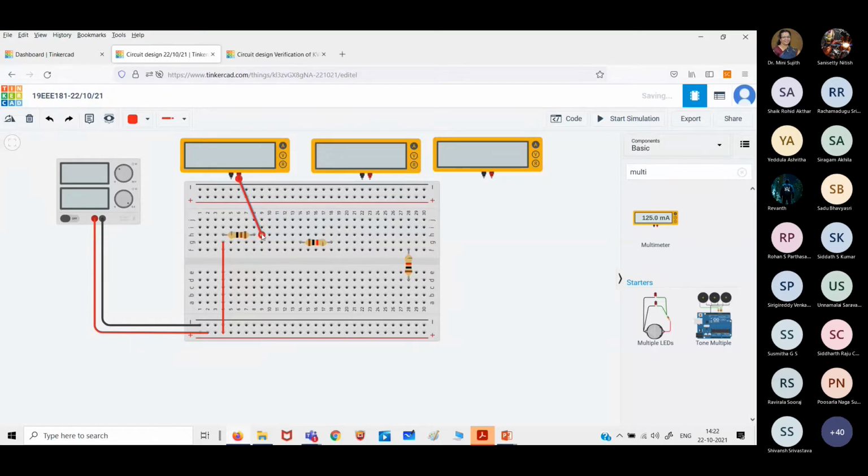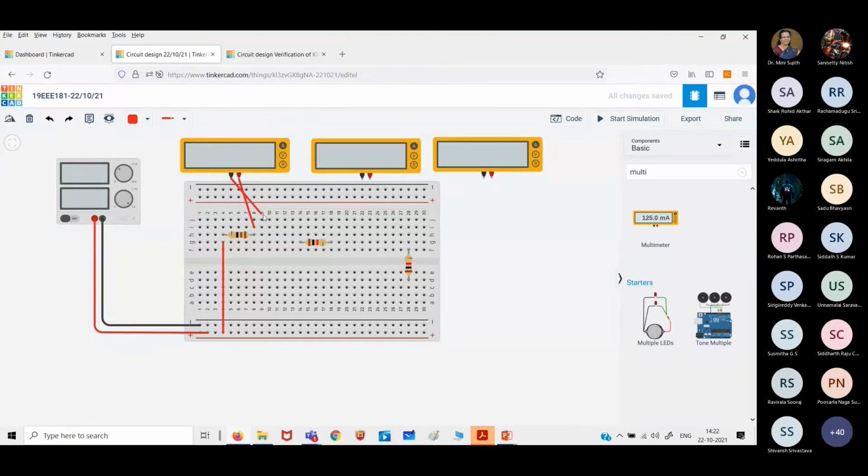Sometimes what happens? You will think that this is the connection, you'll make all the connections and finally there is no result. So here this is the horizontal side, not the vertical. Here it is vertical short. So you should not connect it beside it. You need to connect it above it. Take the wire and connect it here. Any of the 4 points you can connect. So positive of the ammeter is connected.